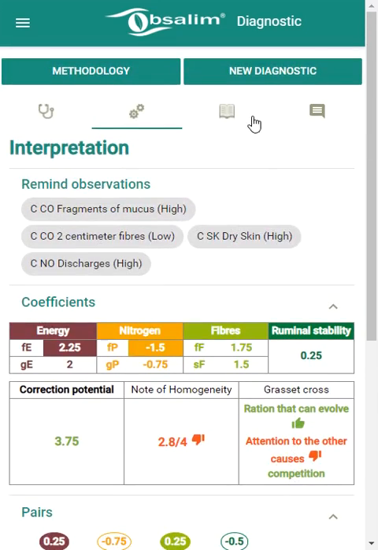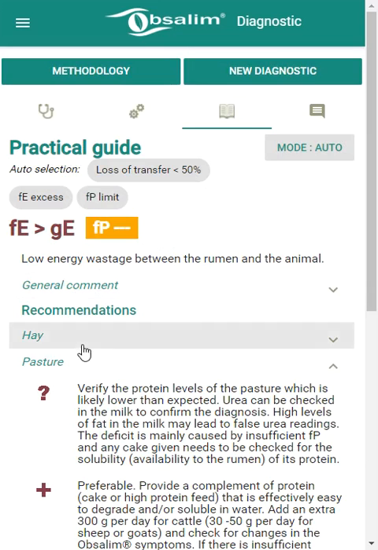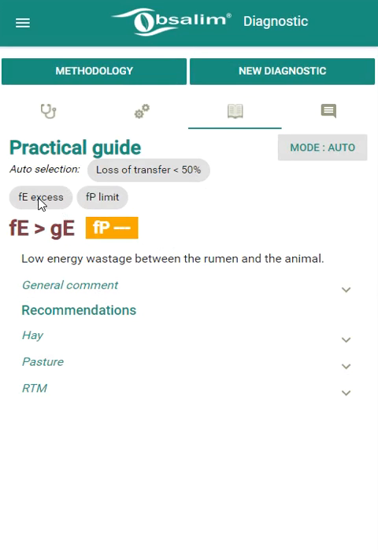You can now go to the practical guide, and the practical guide leads you automatically to the diagnostic with excess of fermentable energy and limiting in fermentable nitrogen. And you can now read the chapter corresponding to this kind of diagnosis.